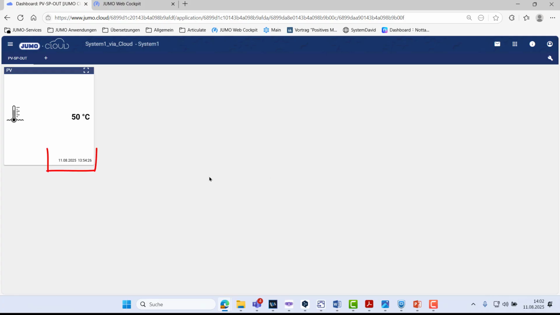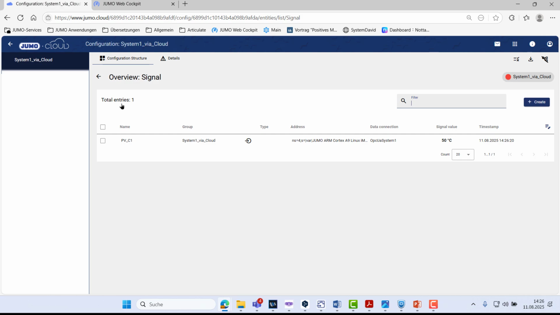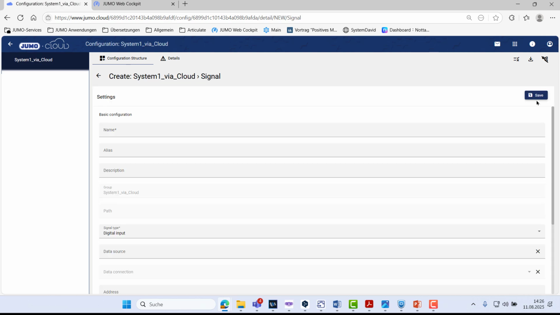I can see from the timestamp update that the transfer is working. Now I take care of the set point. I also create this as a signal and name it. It is also an analog input.